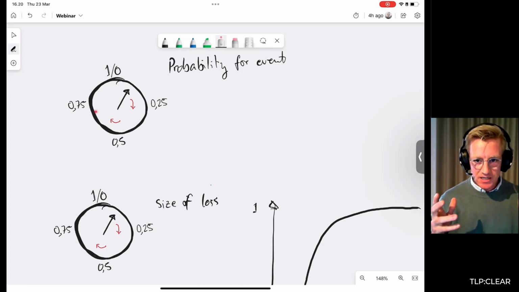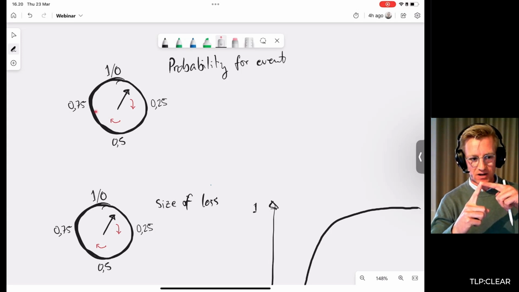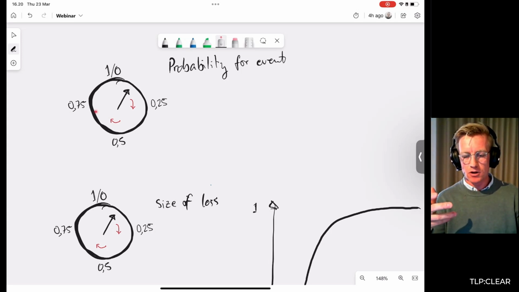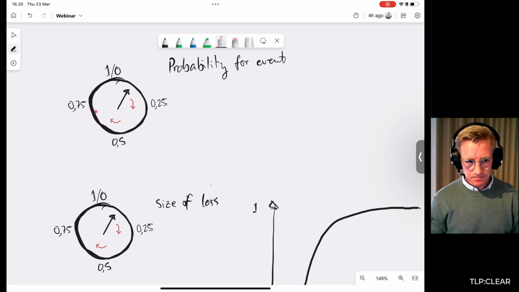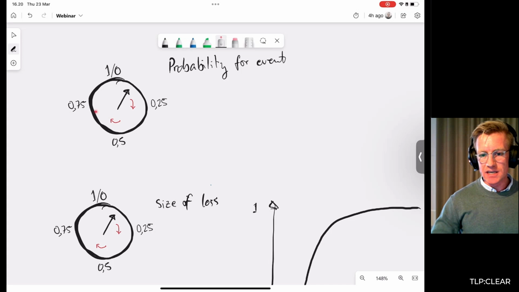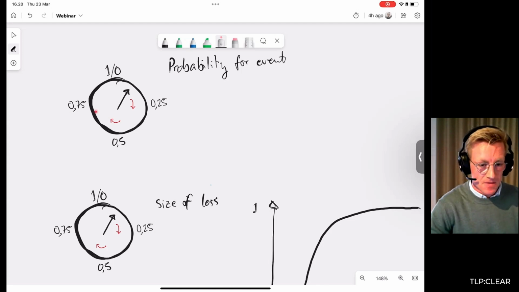It was the alternative to multiplying two numbers together in a risk matrix, right? How do we actually go about doing that in another way? And here I'm introducing these spinners as an example of these many trials that we're going to be using. We heard the term 10,000 trials, right? This is what we're talking about here.